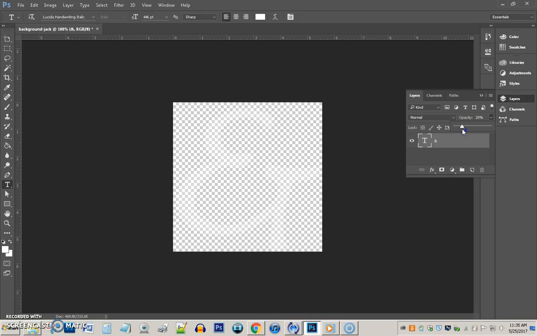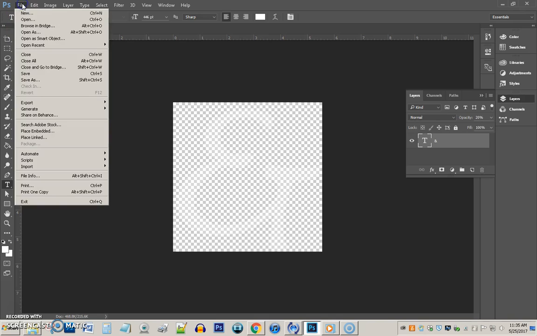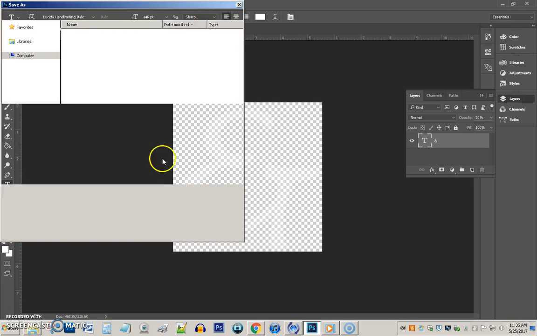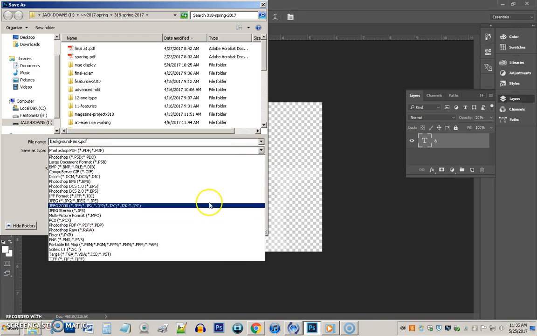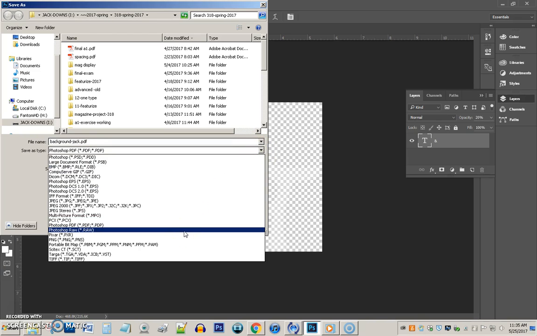Now, it may seem to disappear, but if you look carefully, maybe not in this recording, but on your own screen, you'll see it hasn't really disappeared at all. It's just a very faint, mostly transparent white thing now. It's going to look nice tiled as a background image. And then you would do a save as. And here's where you're going to have to change it not to a Photoshop PDF, but you want to save